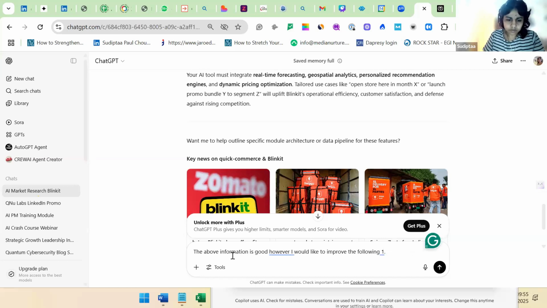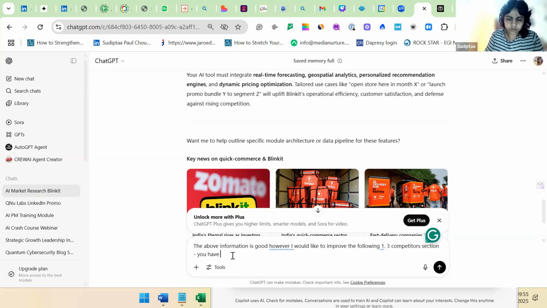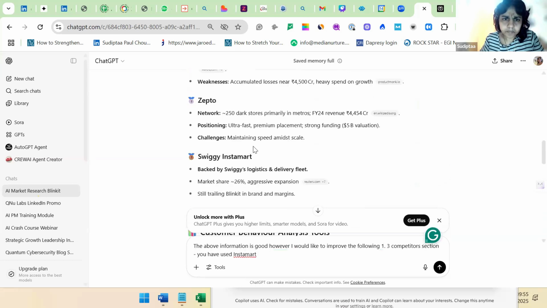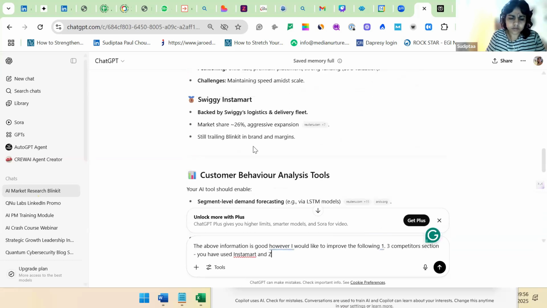three competitors, in the competitor section, you have used Instamart and Zepto. The third competitor is missing.